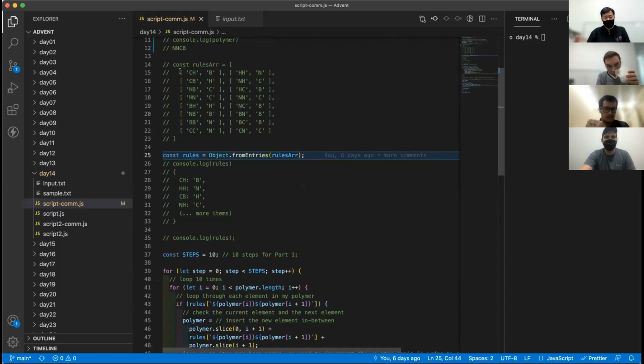If you have an array like this, with subarrays that only have two elements, then it'll create the left one as the key and the right one as the value. I didn't see it was only two values. I thought it was next to each other, so I was like, hey,